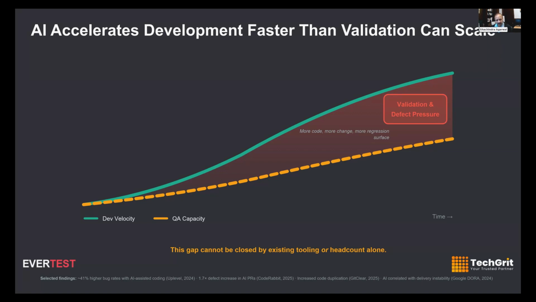Now, the AI has not been able to improve the QA capacity by the same token. So what we are seeing now is this gap between the development productivity and the QA capacity. When development velocity is increasing and QA velocity is not by the same token,